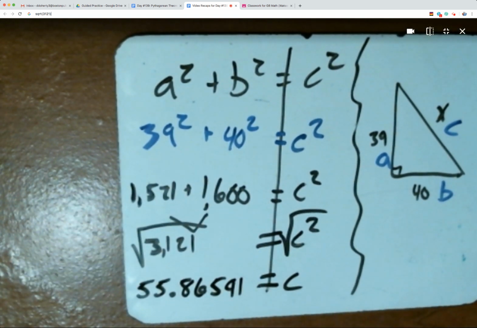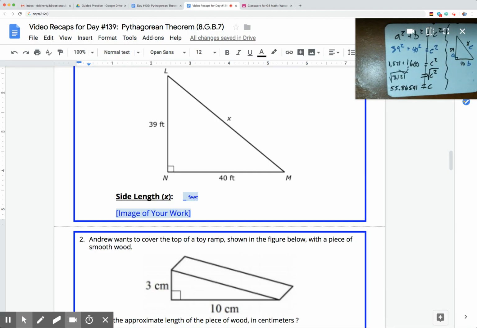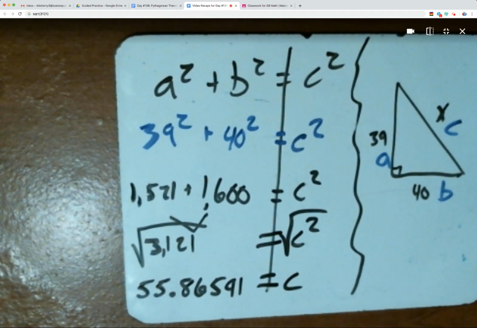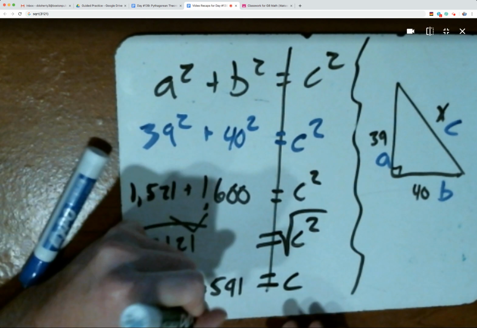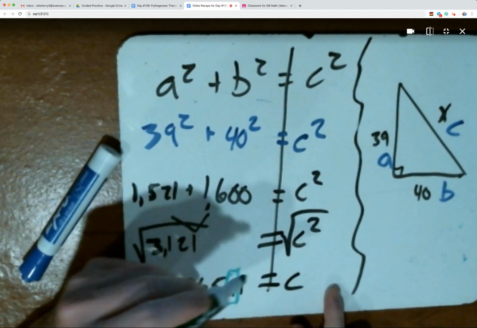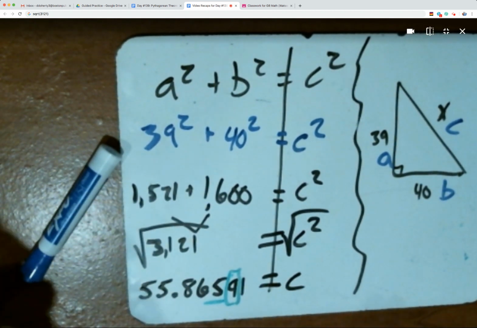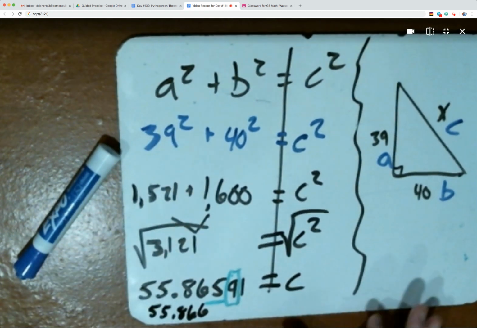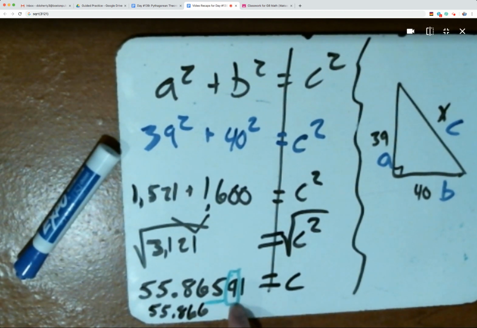Then we need to remember for our problem, this is an important piece we should have recognized, round your answer to the nearest 3 decimal places, or the nearest thousandth. So I'm going to find 865. Here's the 3rd decimal place, or the thousandth. It's the digit 5. But because I see a 9 coming after that, the next digit's a 9, I'm actually going to have to round up to 55.866. That's 65 is a little closer to 866, and we see that because of the 9 that comes right after. So that's our final answer there,